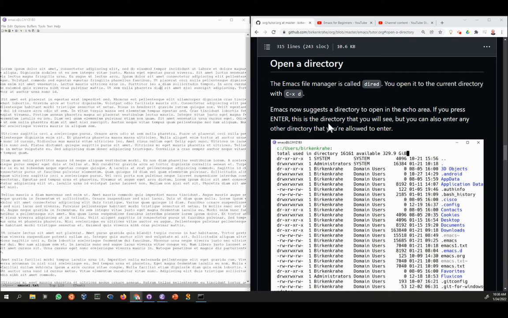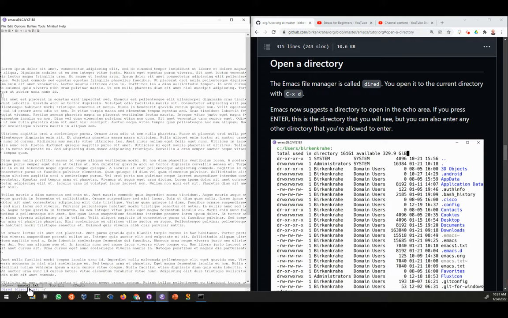In this video, we are looking at Emacs File Manager. It's called Dired. You can open it where you are in Emacs. For example, we are here in this file that we just created, emacs1.txt. And if you type Ctrl+X D, which is just what I did at the bottom, you can see, just like